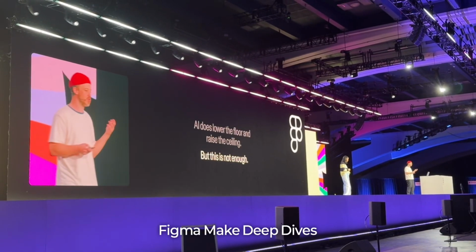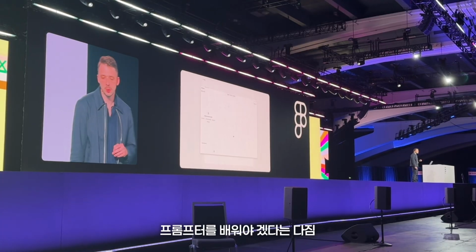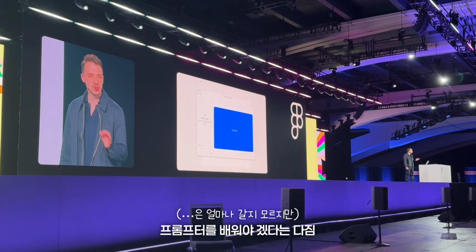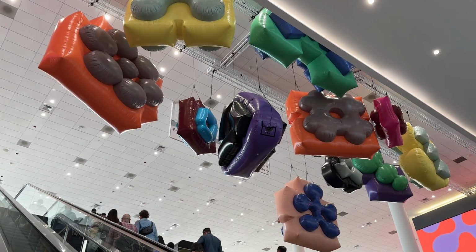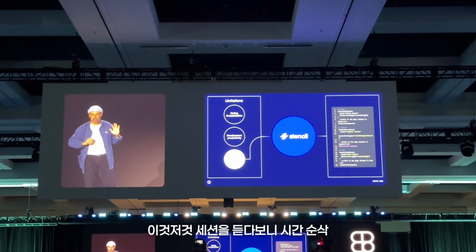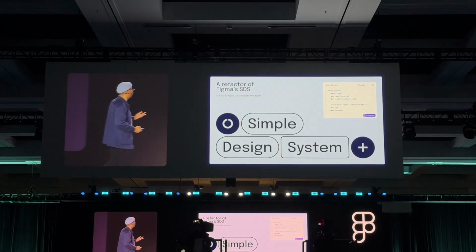And ultimately what this means is that an AI. Whereas Make is focused more so. Angular component doesn't throw you off to have Code Connect enabled for all of these. So